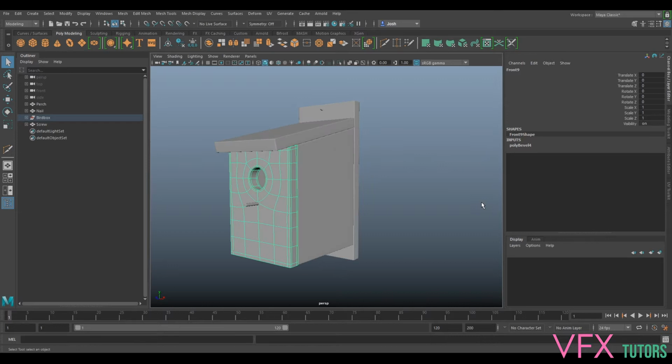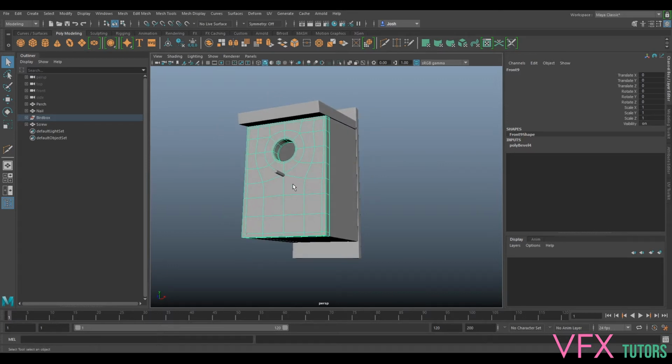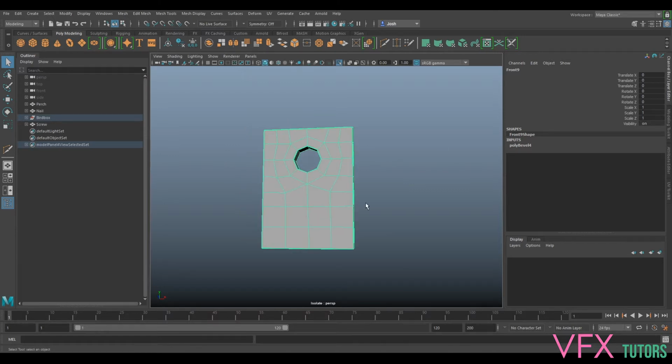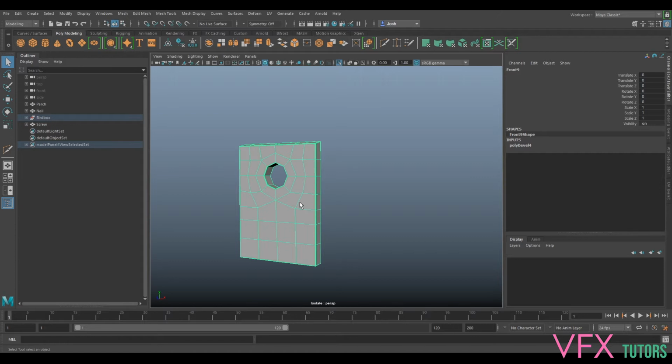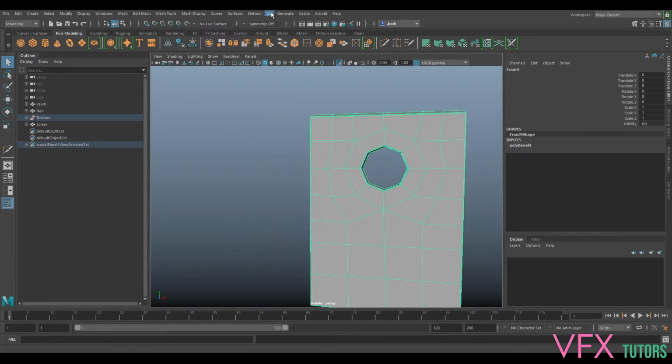So first of all, I'm going to select my front and I press Ctrl 1. The reason why I've selected my front is because this is probably what I'm going to see the most. And then I can set my texel density to whatever I can get from this without breaking it down. Cool. So if I open my UV editor,